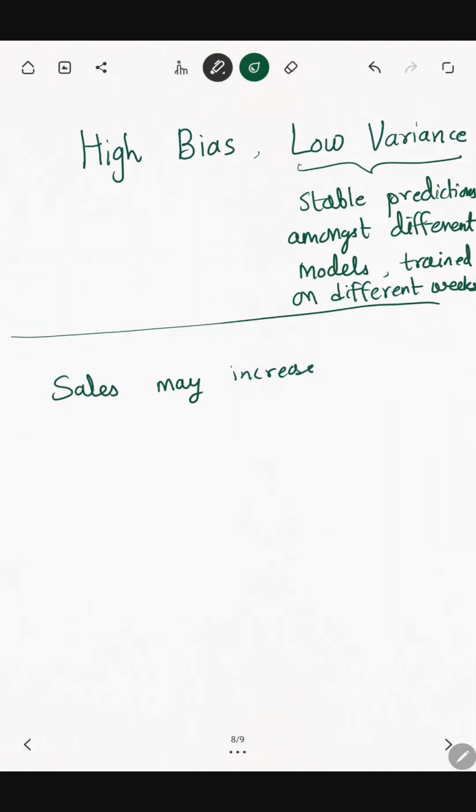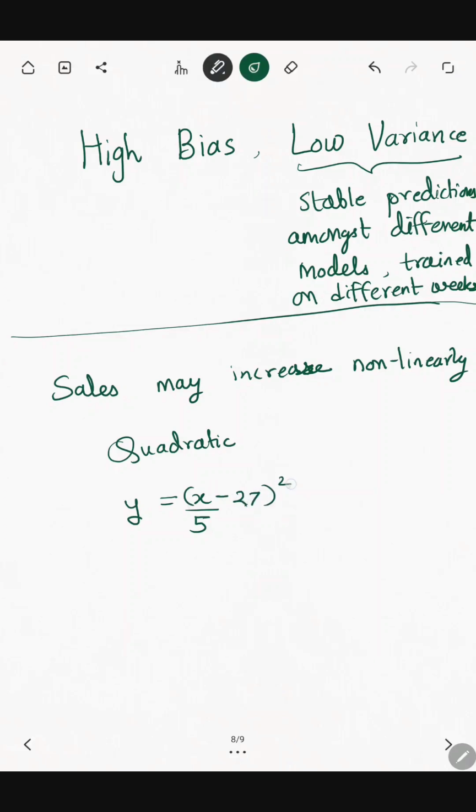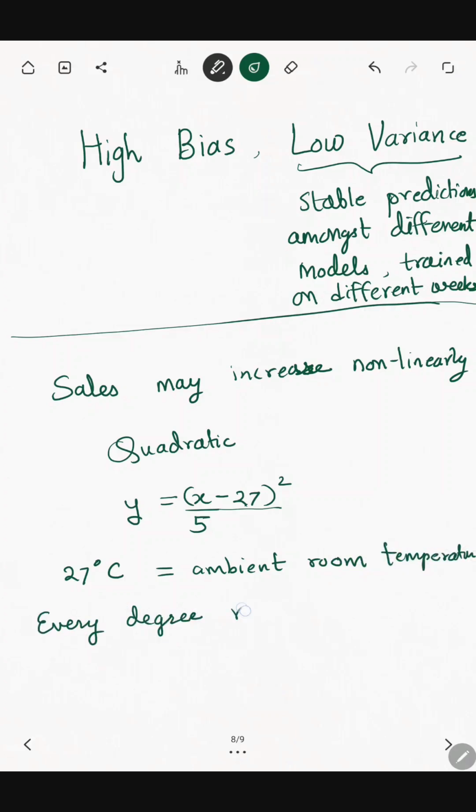Now, sales don't actually increase linearly with temperature. The real pattern might be something more complicated. The real pattern might be, let's say, quadratic. So, for every degree increase in temperature, the footfall increases quadratically. Let's say, for simplicity, the true model is y equal to (x minus 27) squared divided by 5, where 27 is like the ambient room temperature. And as the temperature increases above 27,